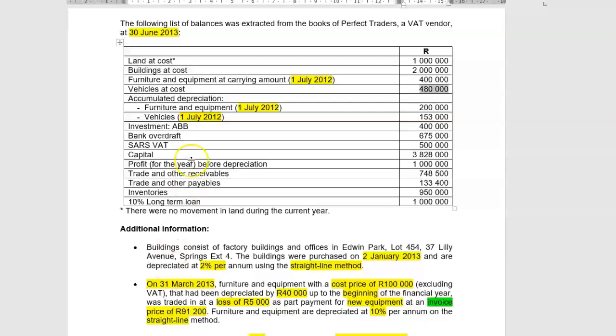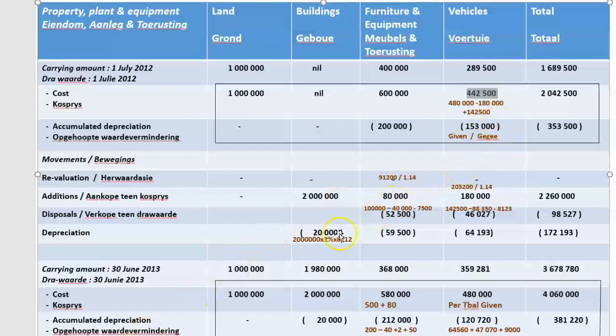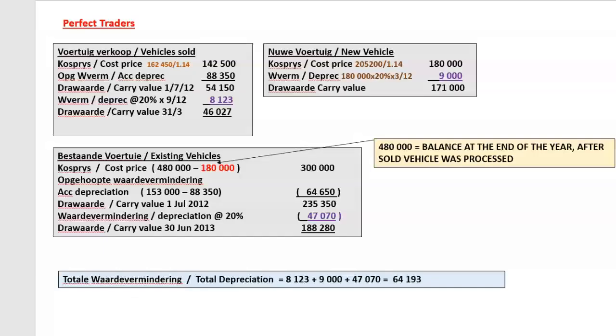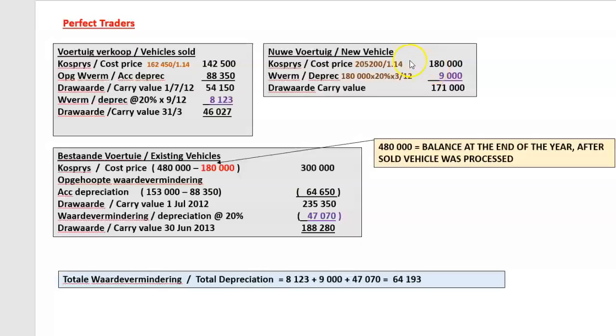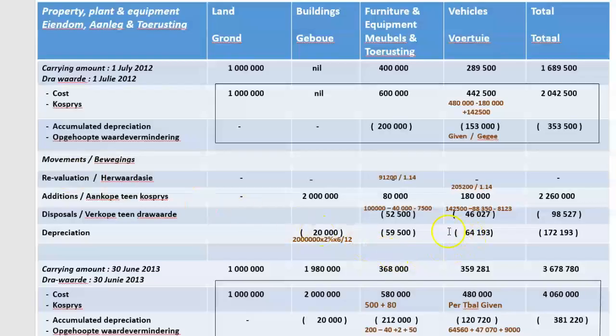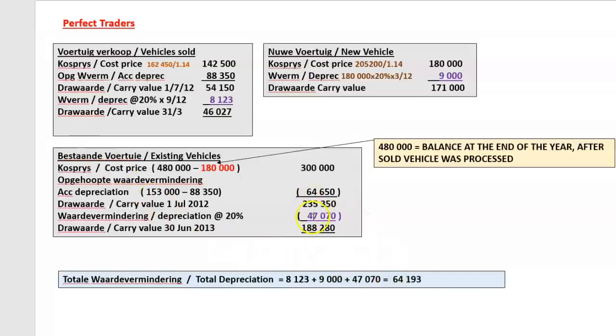The accumulated depreciation, they gave me the balance as at 1 July of 153,000. So I'm just going to use it as that. Our additions of vehicles during the year, we had a new vehicle for 180,000. So that is where the 180,000 comes into play. The carrying value of the vehicles that we sold during the year, there we've worked it out, that is 46,027. And the total depreciation on vehicles we calculated was the 8,123, the 9,000 and the 47,070, in total